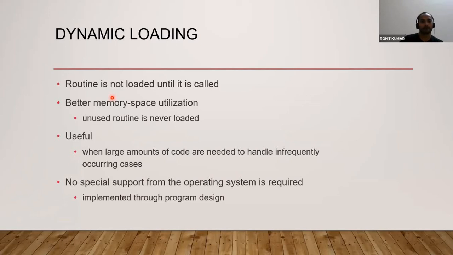Okay. Third point, that it is useful. Why useful? Dynamic loading, because a large amount of code is needed to handle. Then you are supposed to take the pages from disk to RAM. You will understand the concept of this third point in the next lecture, because we are going to discuss the concept of paging there. Paging divides the large amount of code or the program into multiple pages, and then you bring the required pages. Okay. So it happens infrequently, but it happens that we do need a large amount of code or big programs. Then we are supposed to take care of dynamic loading.